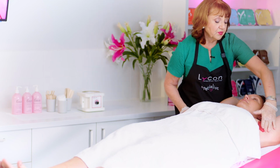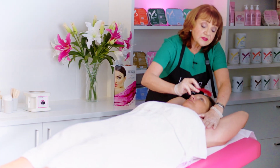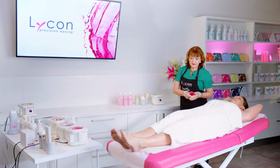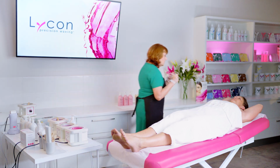Now this one I probably forgot about, but it's okay. It's still pliable and it doesn't really matter. And there's still a few more. Okay, so just the tiniest bit of...